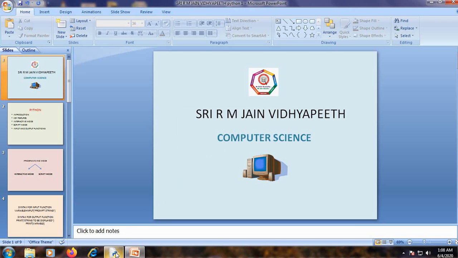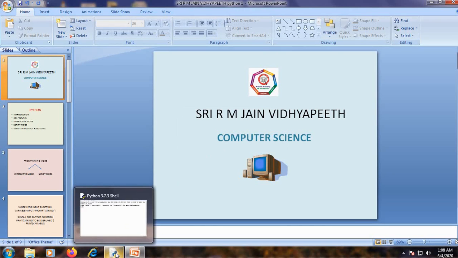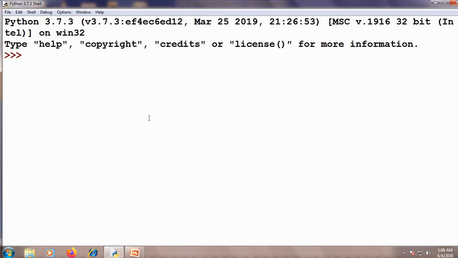Now let us see the example in the Python editor. In the last class, I showed you how to write a simple statement here in interactive mode. This is the interactive screen. I'll show you once again. A equal to 10.